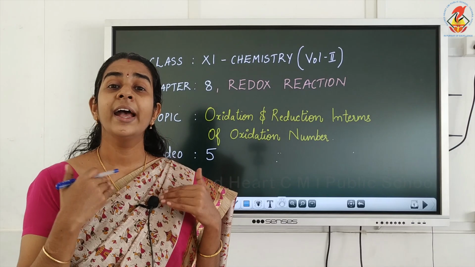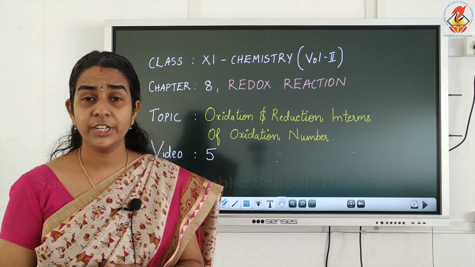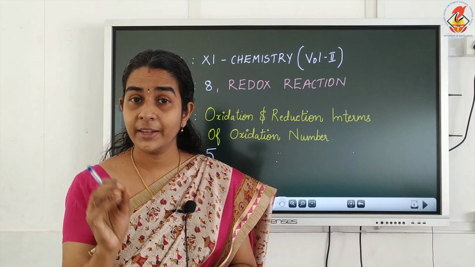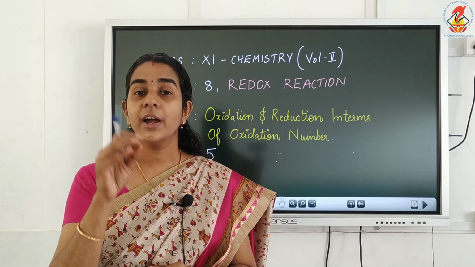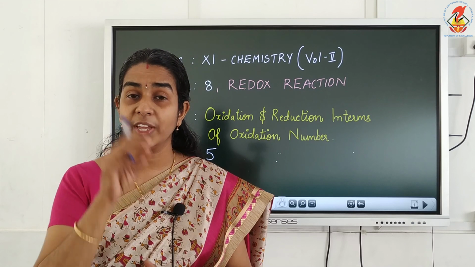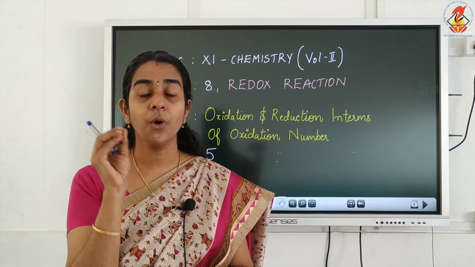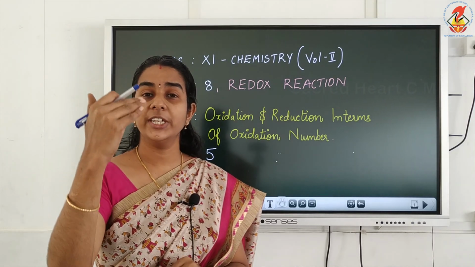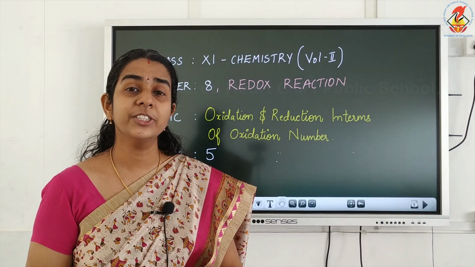Oxidation state is actually another term for oxidation number. So we know how to assign the oxidation state of each atom or each element present in the given equation or in the given species. The most important thing to remember is that we assign the oxidation state of each and every atom or element present, and we always write the oxidation number on the top of each atom or element.